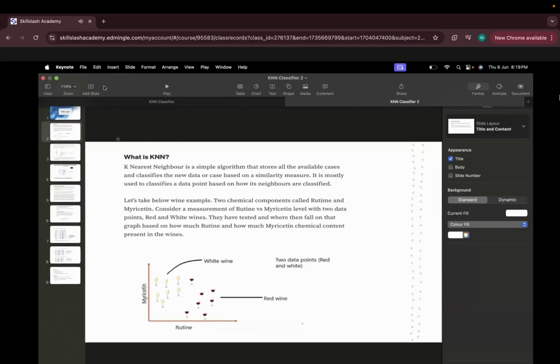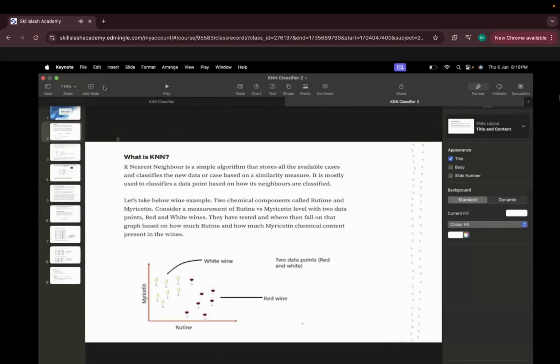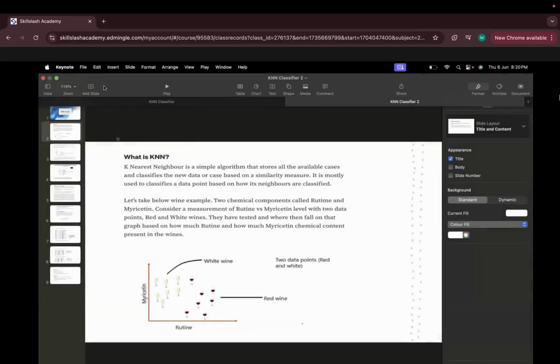Now, k-nearest neighbor, we understood how this actually works. Now I will show you in terms of data how it looks. If I'm going to give the data set to you, how does this actually work in the backend?